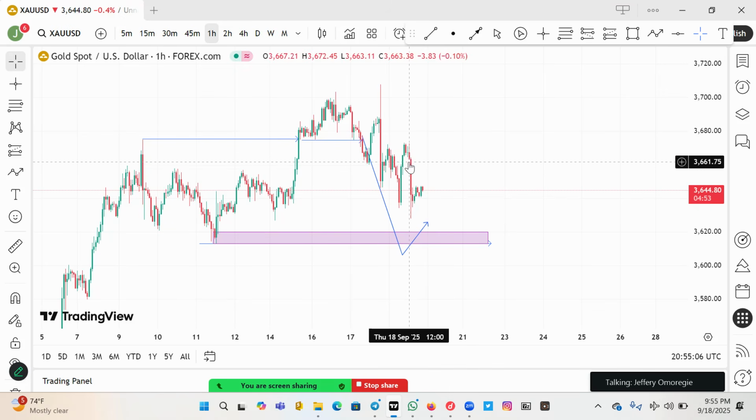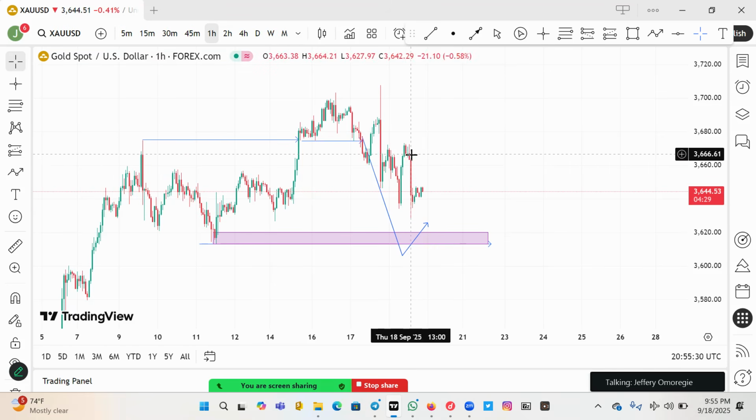Now, let's assume this is a valid break of structure. Let's just assume, because this is not a valid break of structure. This is just a break of structure. We're just assuming that this is a valid break of structure, and this one here is still a valid break of structure. Both are just break of structures, right? You already know what makes a valid break of structure. I told you there must be a structural liquidity, right? And it must break below it with the body of the candle. But in this case, I just want to assume, for the purpose of learning, that this break of structure here is a valid break of structure, and this one here is also a valid break of structure. Now, after a disruption has been taken out